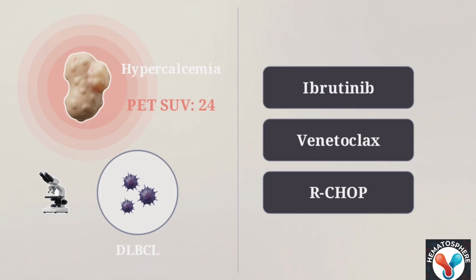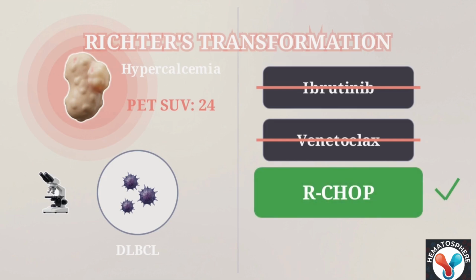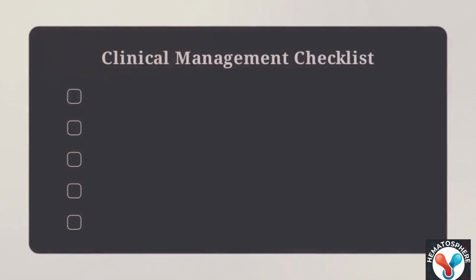The asymmetric growth, the elevated SUV, and the new biopsy results confirm Richter's transformation. The CLL has transformed into an aggressive lymphoma. You must immediately pivot away from CLL drugs to an aggressive regimen like R-CHOP. We have deconstructed 5 distinct pathways. To summarize,